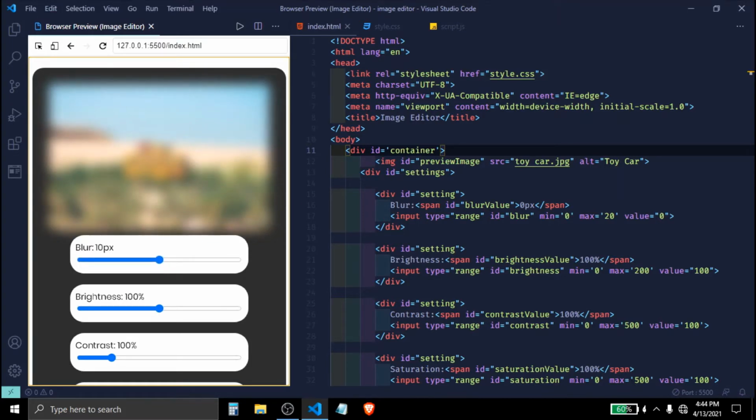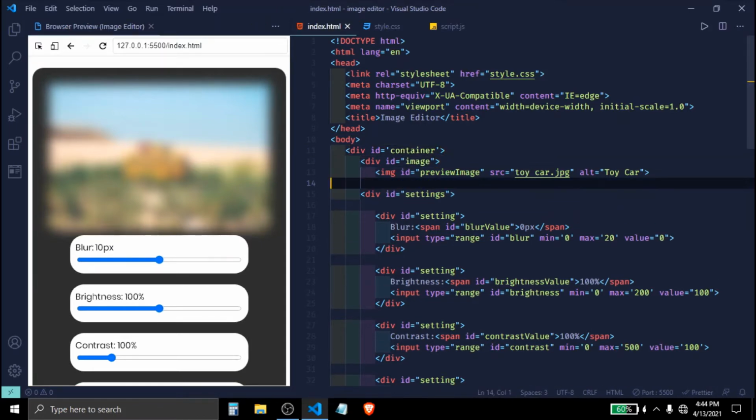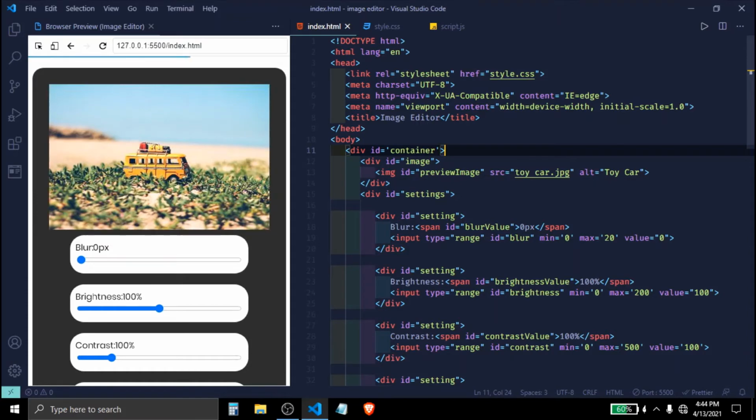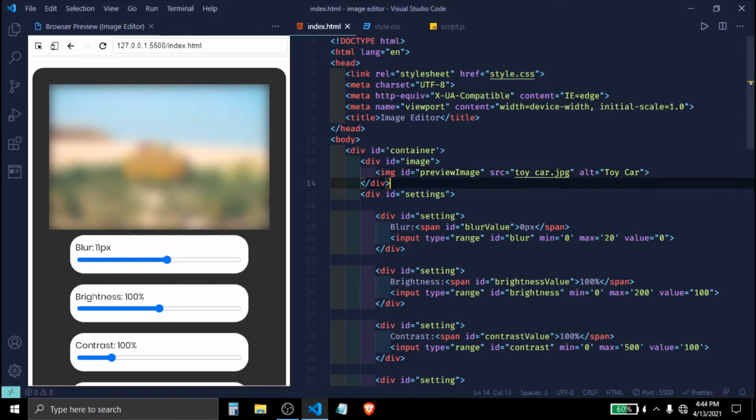That's what I didn't want, and that's why I made these divs around it. So if I increase the blur now, you can see it does not escape the div. For that you will have to make a div to wrap that image.